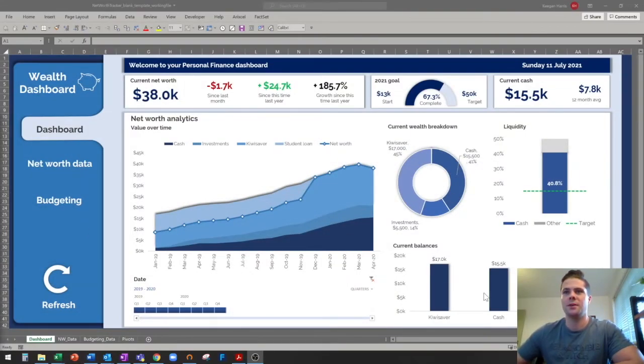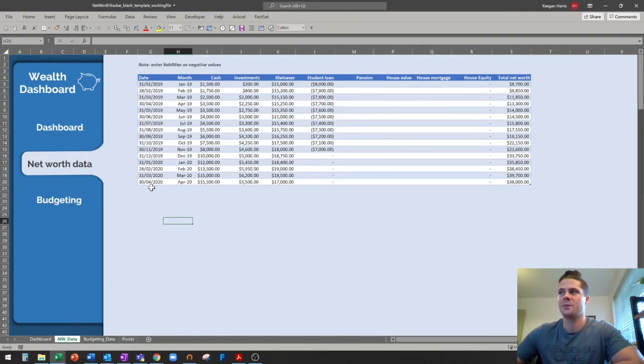Great, so now we've got our dashboard all set up. Now it's all about using it. So each month you're going to come in, or as regularly as you want to, but I do it each month, you're going to come into here and come into your data tab, and what you want to do is directly underneath this date you're going to enter a new date. So let's say it was the end of May 2020. This is going to copy down, and then you enter all of your numbers,